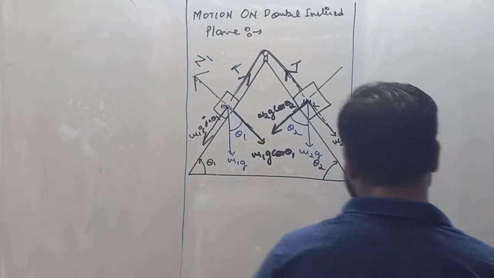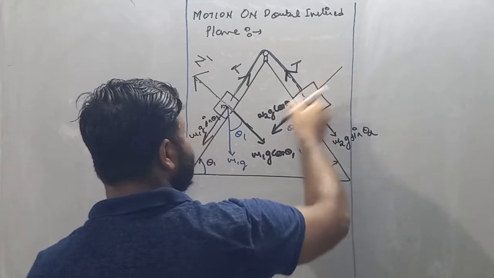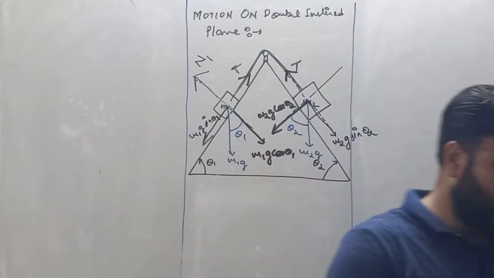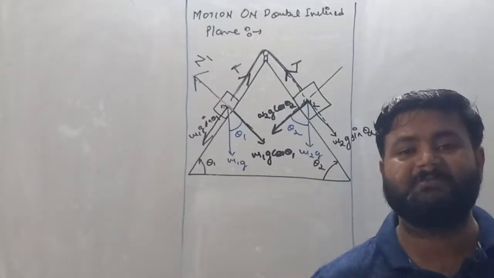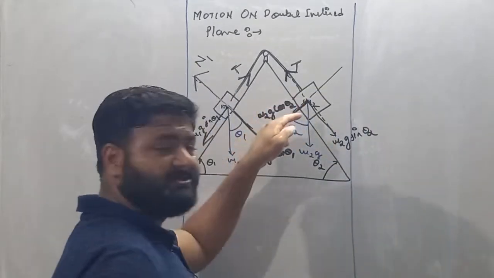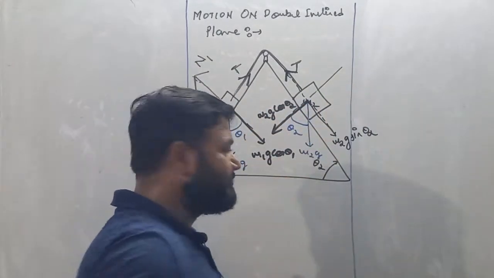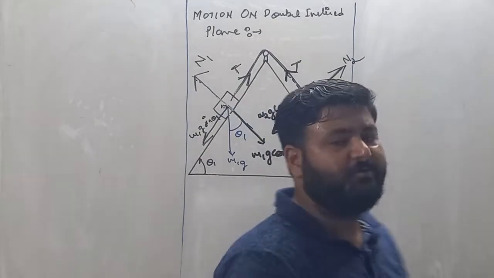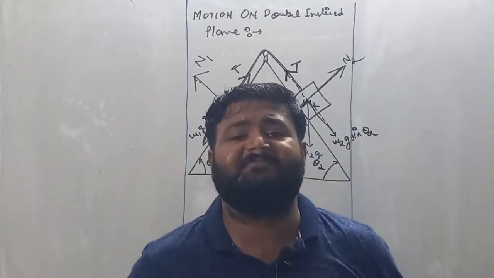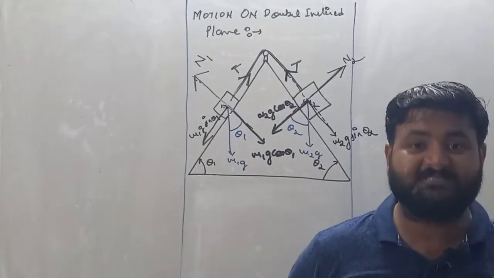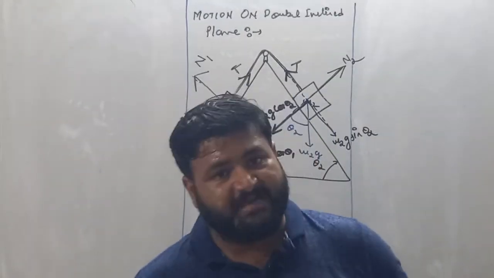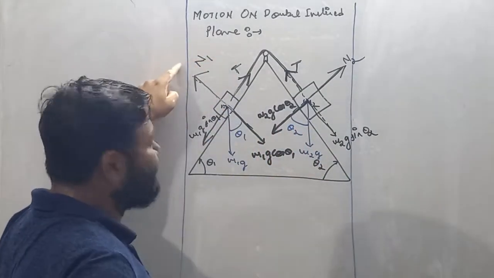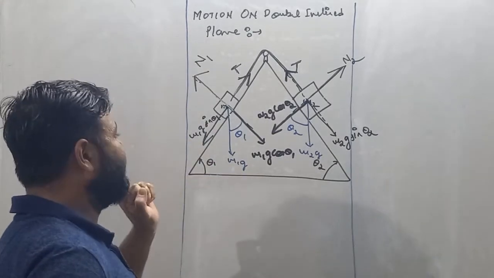Similarly, if you see here, this block is also applying force m2g cos theta 2 on the inclined plane. So again, same philosophy, same law, that is, for every action there is an equal and opposite reaction. So if the block applies force on the inclined plane, then the inclined plane also applies force on the block, and that force must be the normal reaction force. It is, my dear student, N2, because we know that if two bodies are in physical contact with each other, then the force acting is called the normal reaction force. So here we have overall three forces. One is tension, second is normal, and third is weight, my dear student.